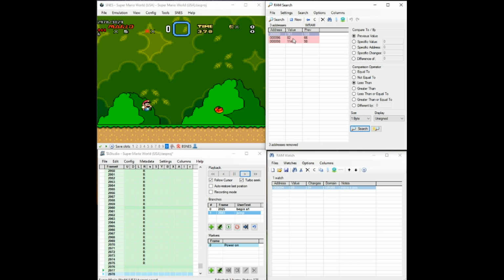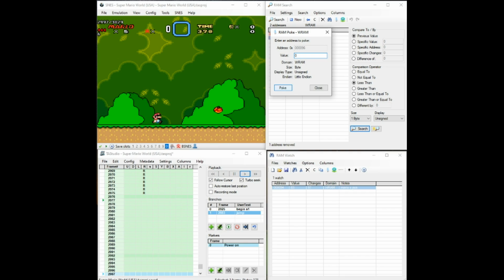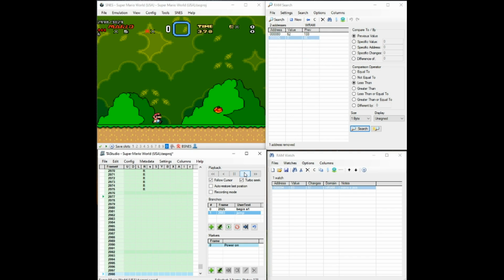Now it's most likely 2 bytes for his Y position as well. So I'm going to remove the one. Let's see. Is it here? Poke 0. No. What about here? Poke 0. Yeah. Okay. So his Y position is,